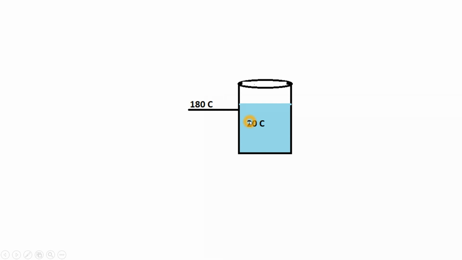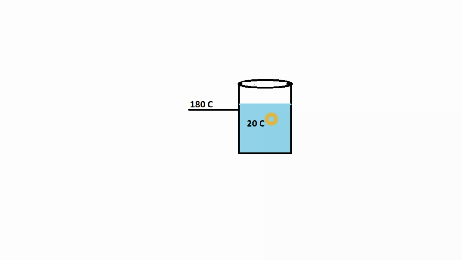If you see here, initially there is a huge temperature difference, 180 minus 20, then heat transfer rate will be different. But when it starts to increase, if it increases to 30 degrees centigrade, then the temperature difference will be less. How? It will be 150 now. If it goes to 40 degrees centigrade, then it will be 140, and continuously this temperature difference will start to decrease. That means our heat transfer rate also decreases, since Q is directly proportional to the temperature difference.